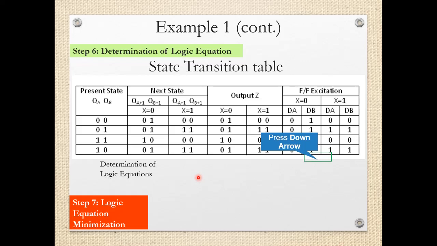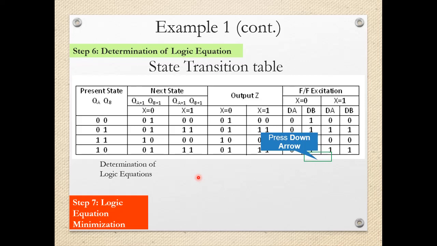So generally, for the simplified version of the state transition table, D flip-flops are used because those are delay flip-flops, and whatever next state is required, that same input should be given to the flip-flop, and after a delay of 1 clock, we will get the same next state output. So from this state, we want to get this output in our transition table. In order to get this output, what should be the input of a flip-flop? That information is there in the excitation table.